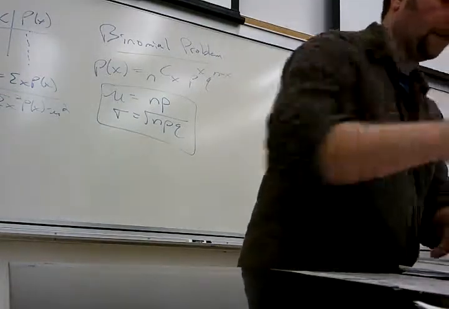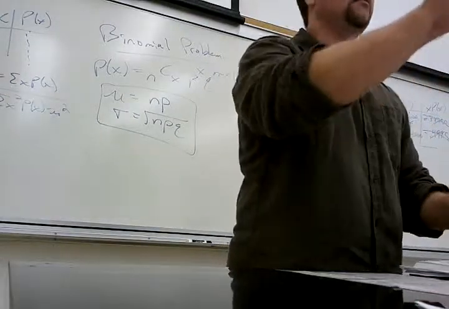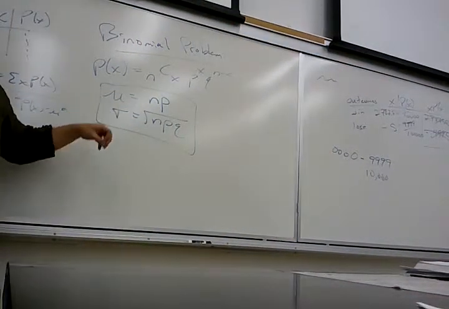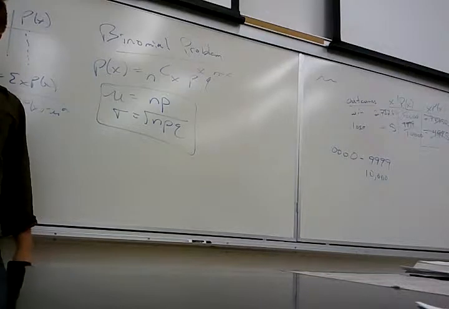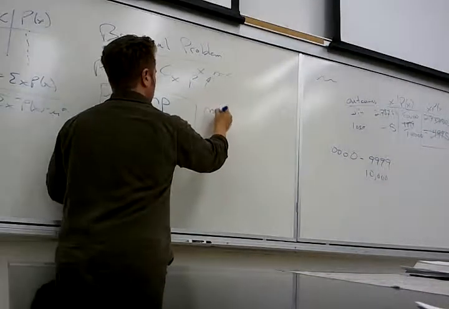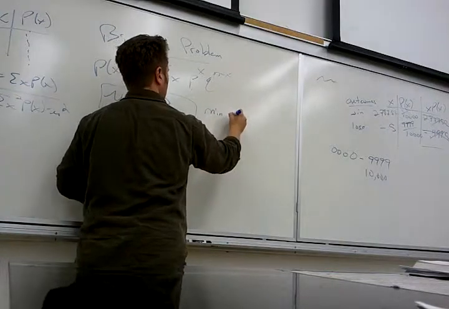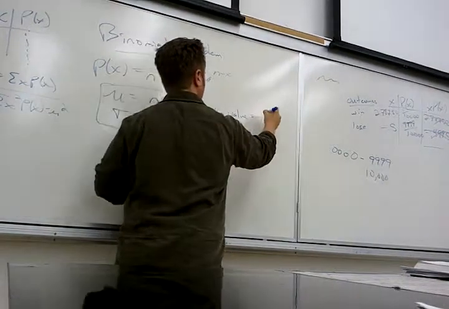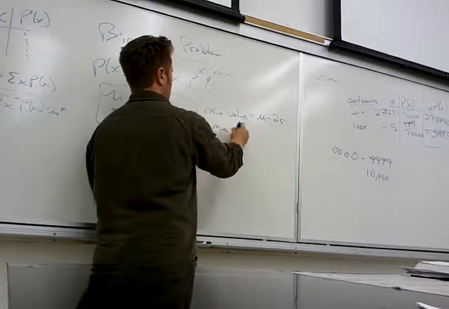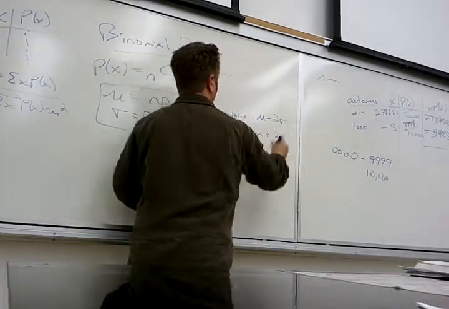Okay. So 5.4 will be really nice. They're going to ask you for this, and for this, and then they're going to ask you for the minimum and maximum expected value. And how do you find those again? How do you find the minimum expected value? 2 standard deviations below, or minus 2 standard deviations. The mean down 2 steps, and the max value is the mean up 2 steps.